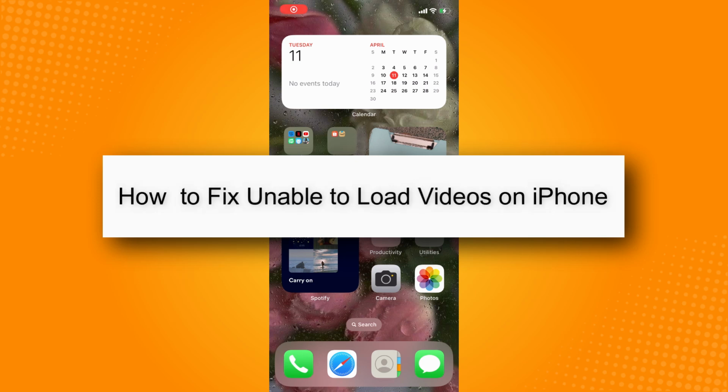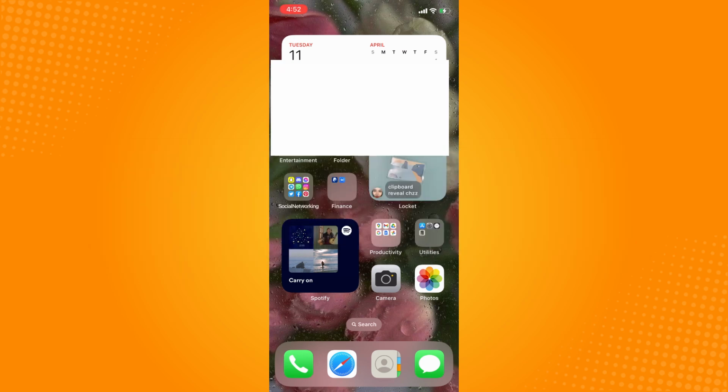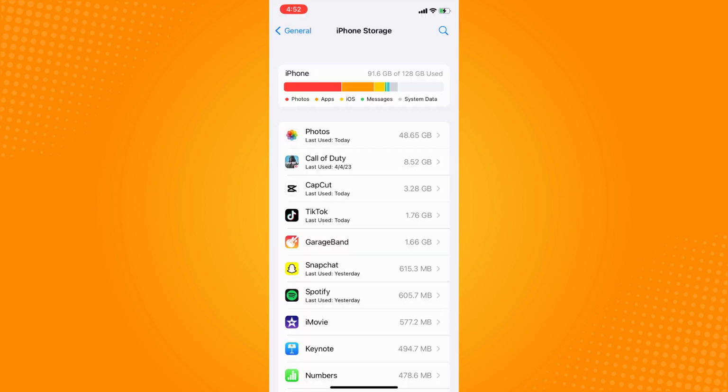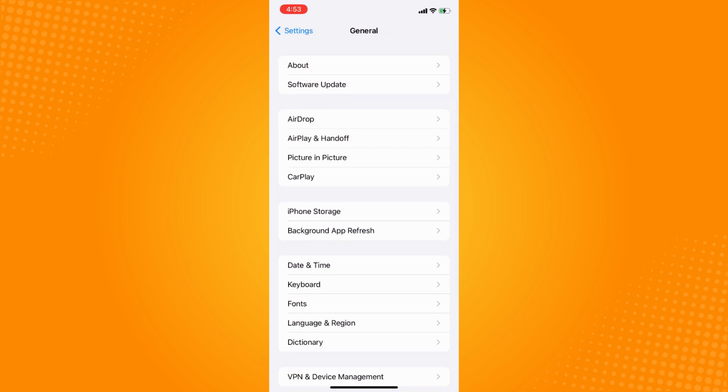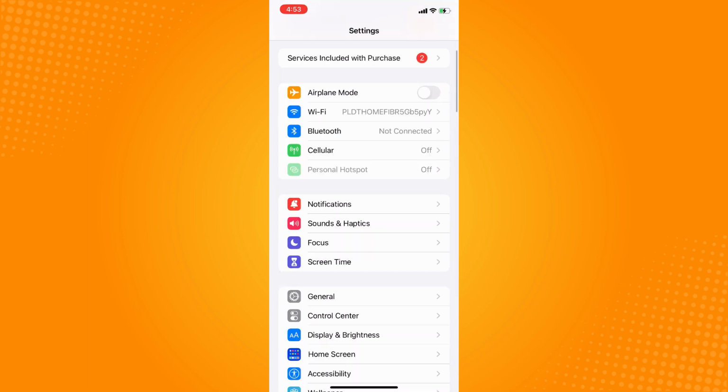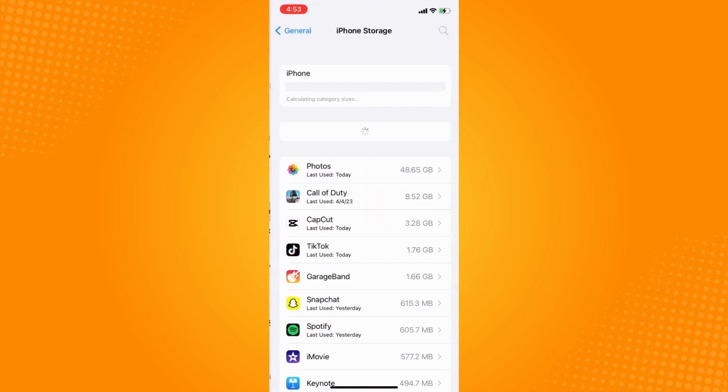How to fix unable to load videos on iPhone. So first, you have to go to your settings area. The main reason why you are unable to load your videos on your iPhone is because your storage is full. Now to fix that, you go to your General here and then go to your iPhone Storage and check